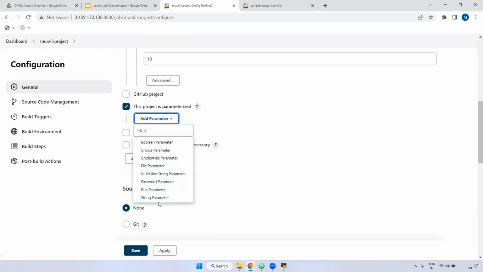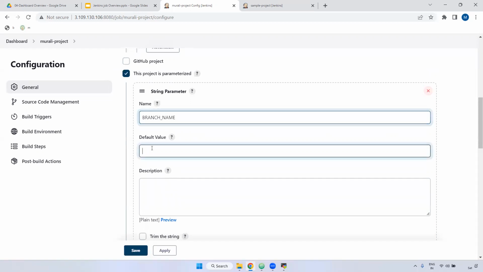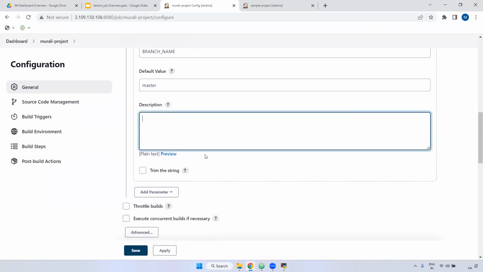Example, majorly there will be string parameter, choice parameter and Boolean parameter. For example, I'm selecting this string parameter. Here you can give the name. Example, I'm giving branch_name. Then you can give here, example, I'm giving master. It means the default branch name will take the master branch. In case you want to define a description, you can define that string description. You can also define